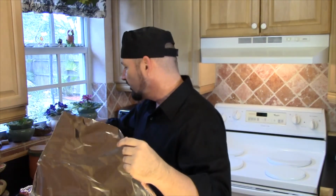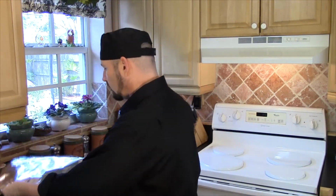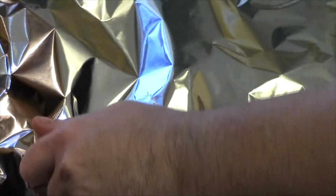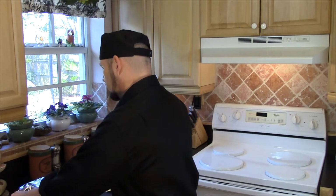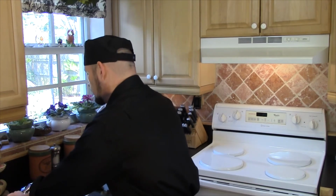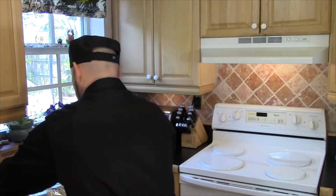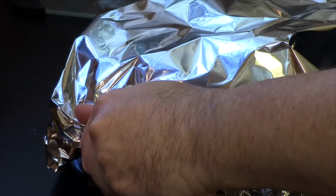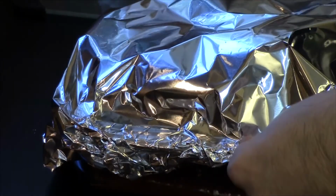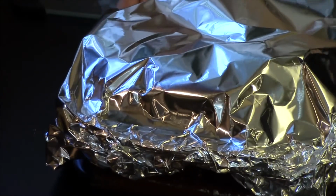Alright, let's cover this right now with our aluminum foil. We're going to tent it. Obviously, we want to keep as much as we can on the peppers itself, so you want to just tent this like I'm doing. You see how I'm tenting that? And then crimp your handle sides down, like so. And then bring it around, like this. And do the same on the other side. You don't have to worry about a super tight seal on this. We just want to cover this